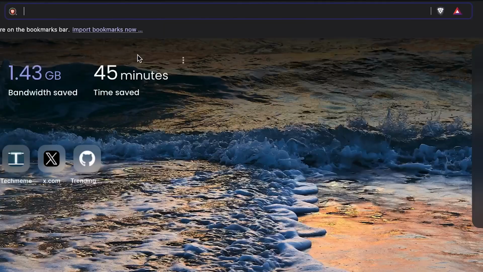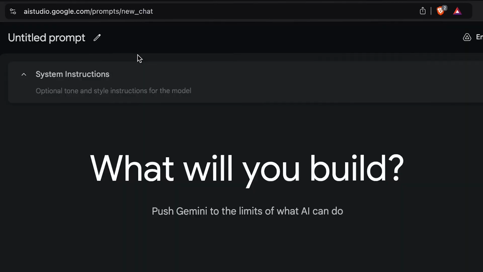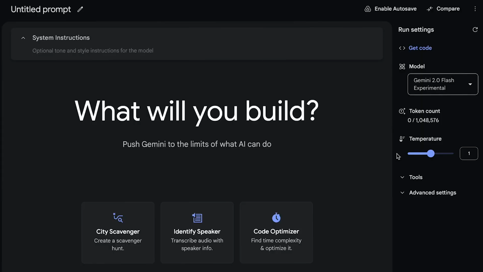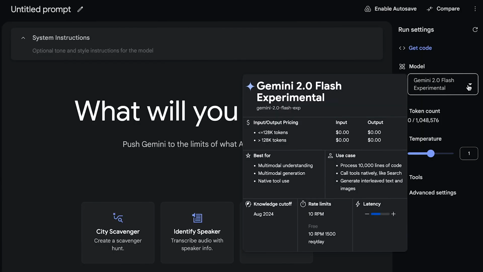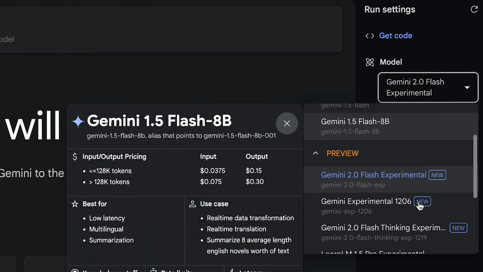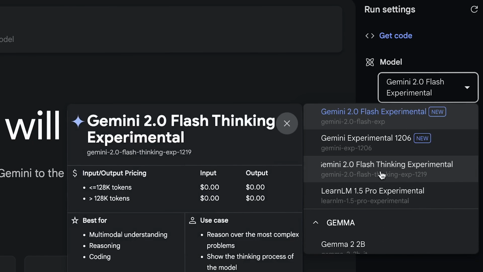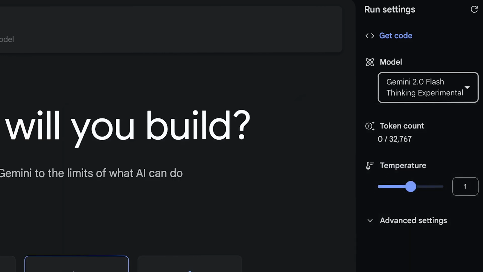Okay, to get started, all you need to do is go to aistudio.google.com. You, of course, will need a Google ID, so sign up there. And the good news is that at this stage, there's no cost for actually interacting with the model. But to get access to the thinking model, the big thing you want to do is click on model here on the right-hand side. You see you've got things like Google 2 Flash Experimental. That's not the model you want. You want to scroll down to preview and pick Google Gemini 2 Flash Thinking Experimental,